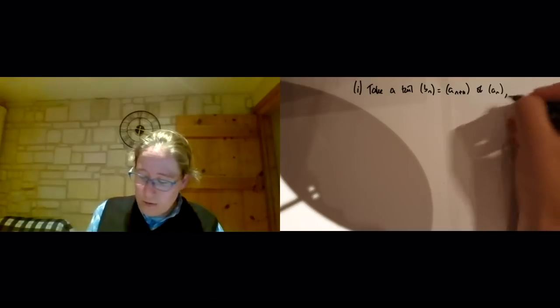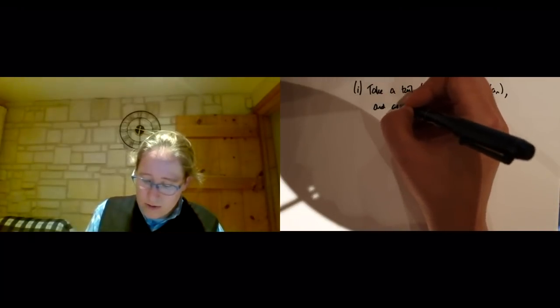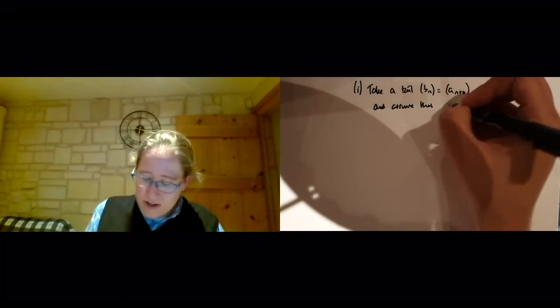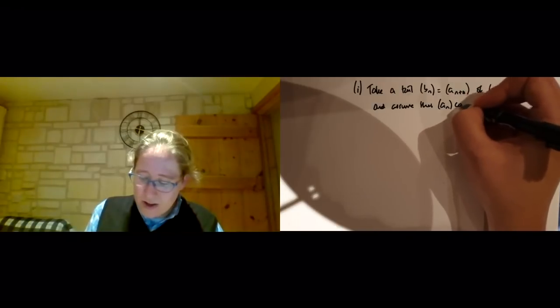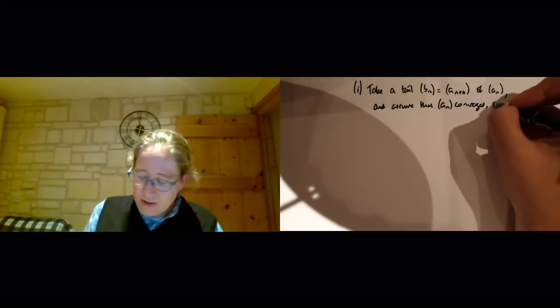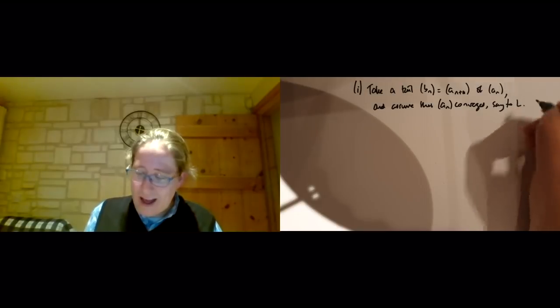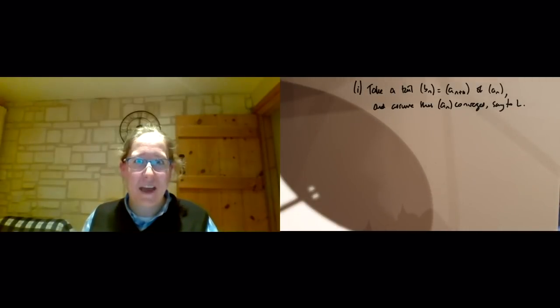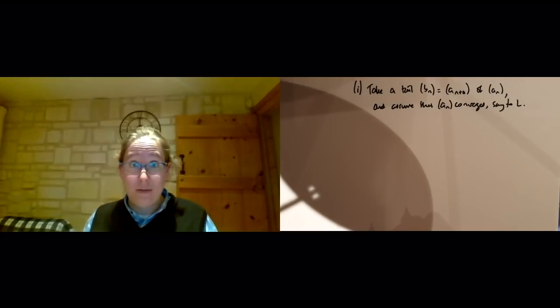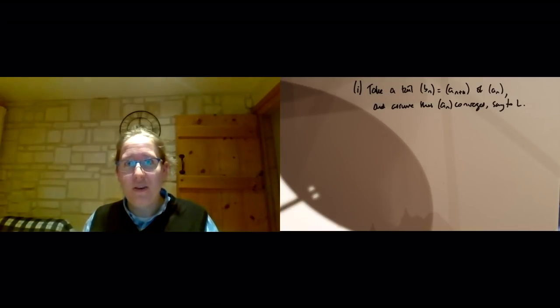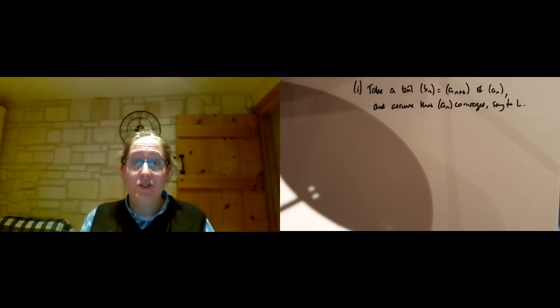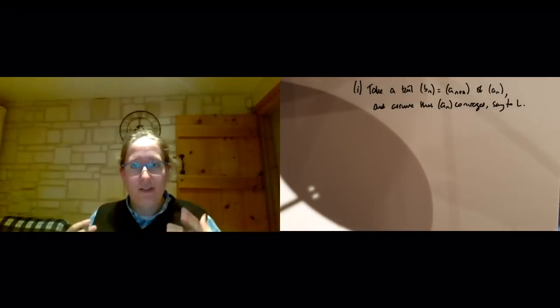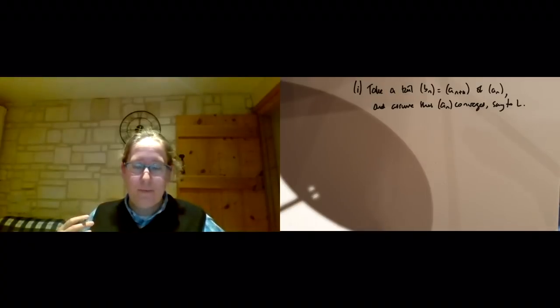And let's assume that the sequence An converges, say, to L. Let's give the limit a name. And what we want to do is to show that the sequence Bn, this tail, converges to the same limit L. So what we need to do is prove that it satisfies this definition that we've just seen, that for all positive epsilon there exists a capital N such that blah blah.